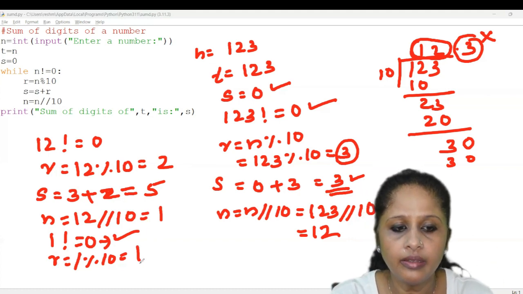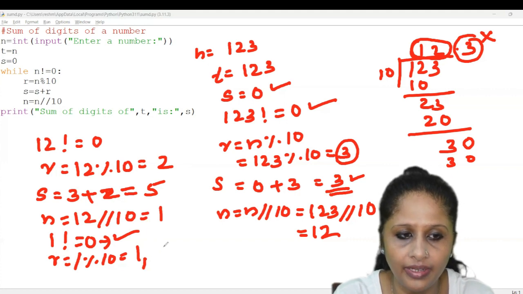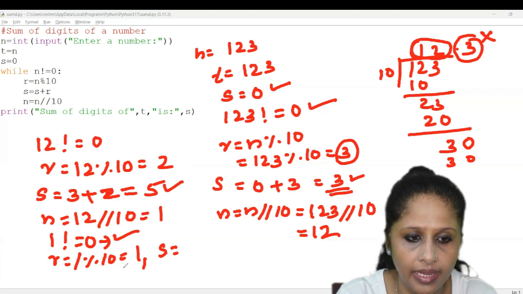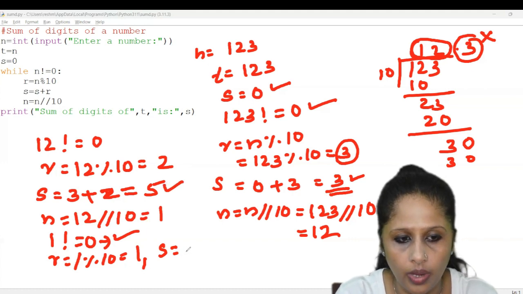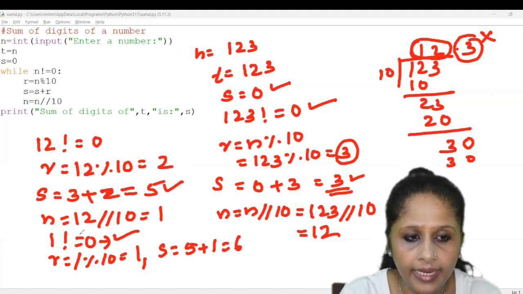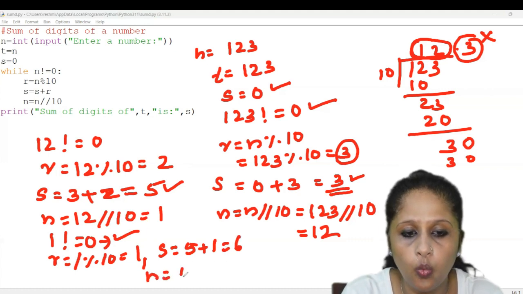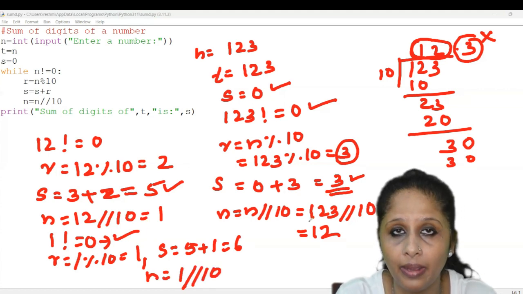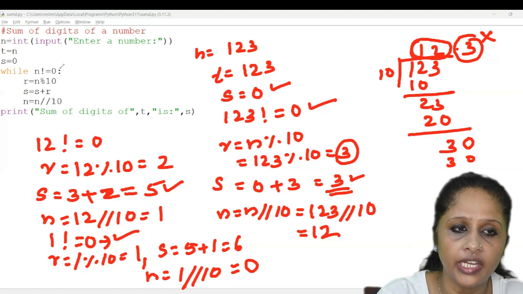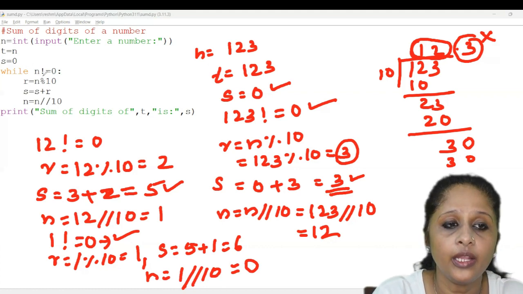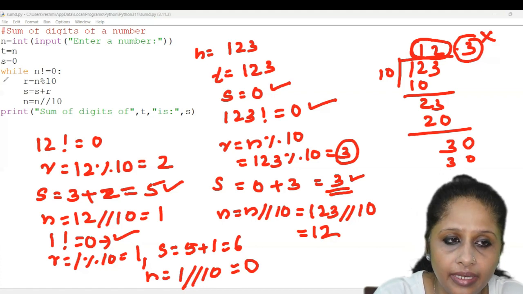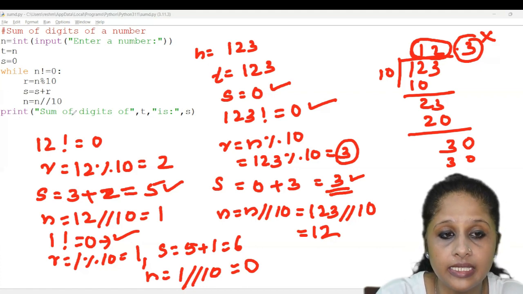Okay, so here the remainder is 1. Then we have S is equal to S plus R, that is S is 5 and R is 1. So you will get 5 plus 1 and it is 6. Then again N equal to 1 floor division 10. See here we are doing 1 divided by 10, 0. Then it is checking with this N. 0 not equal to 0. Is it satisfying? No. So that time it comes out of the loop and it is printing sum of digits